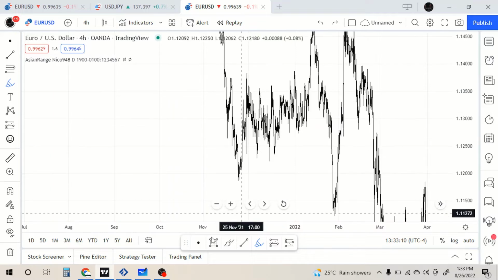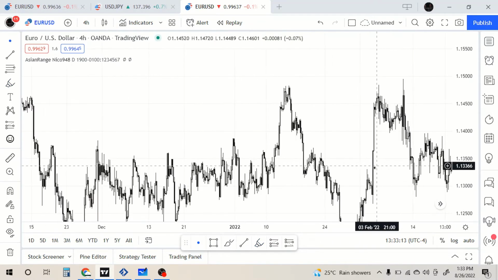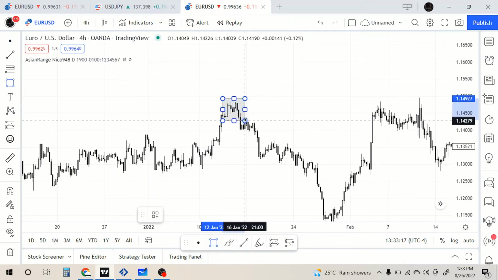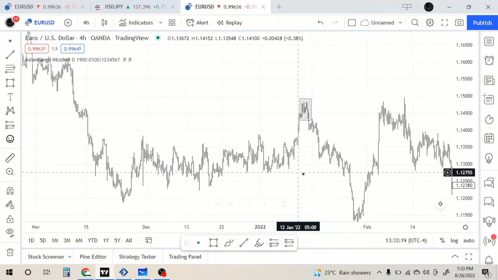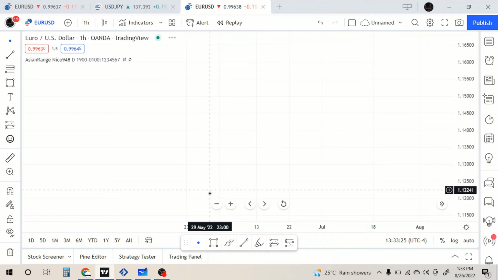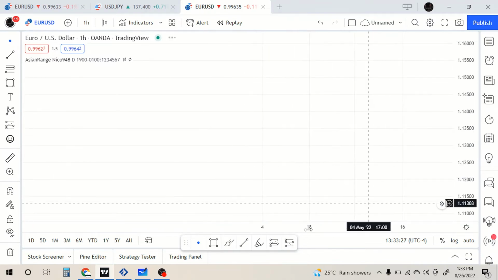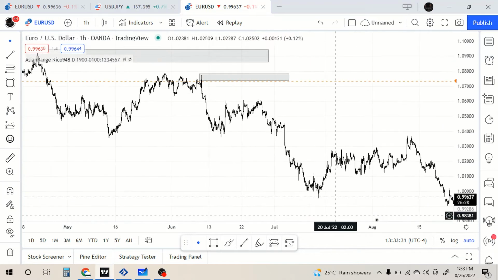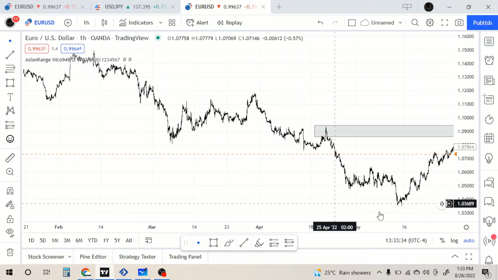So if I go to that place where we just marked out and I use a box, okay, I box it up this way, and then I go down to the 1 hour. Hopefully TradingView allows me to do that, because sometimes they don't allow you to go that far back in time. So if I go back, if I can find that zone,